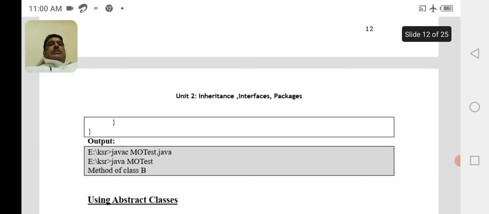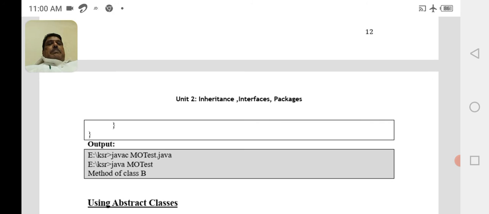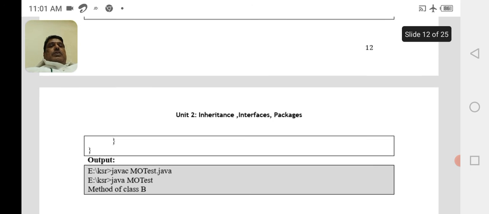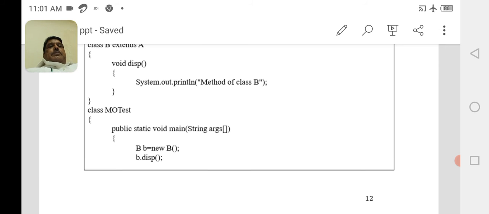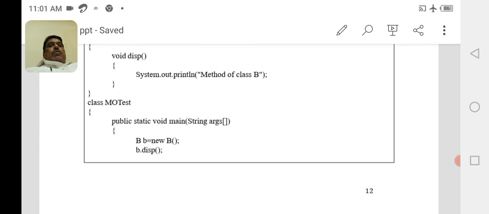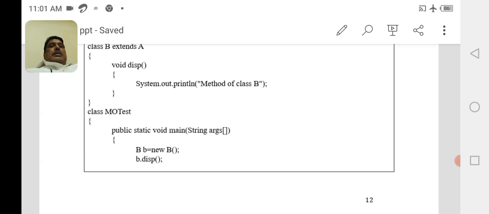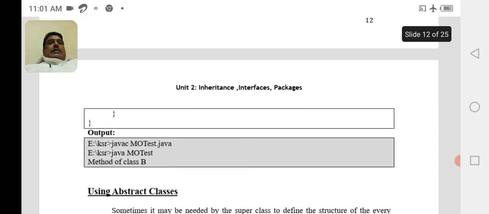When we execute this, the method of class B, that is the method present in the subclass, will be executed, and the method present in the superclass will be hidden by the method present in the subclass. Here the method disp is said to be the overridden method, and this concept is known as method overriding.